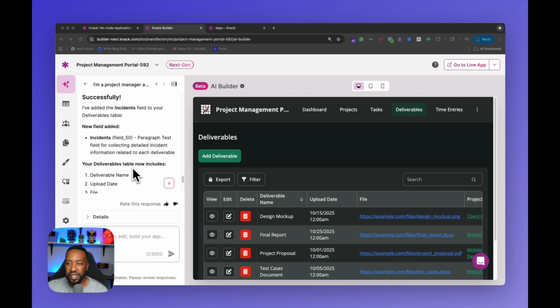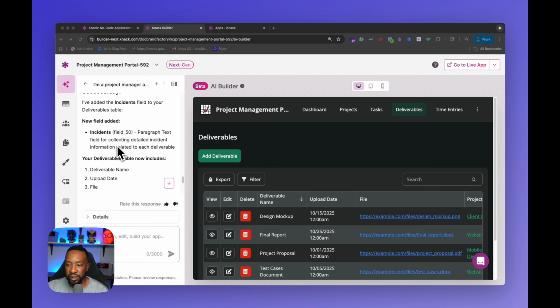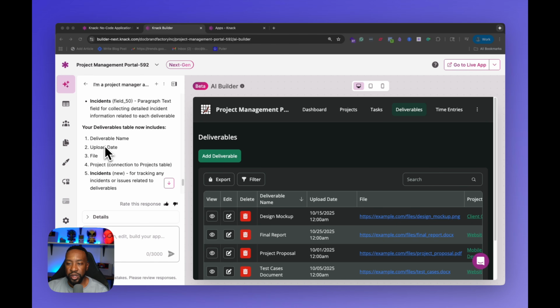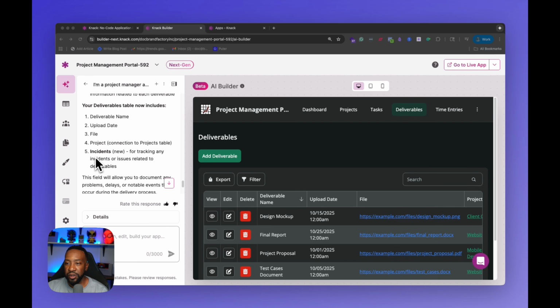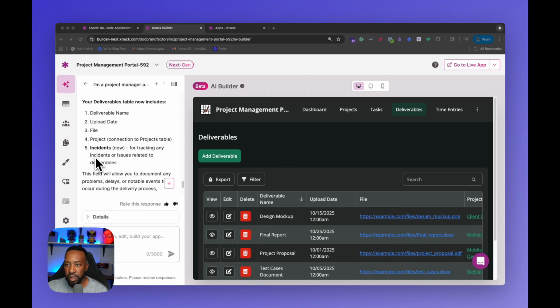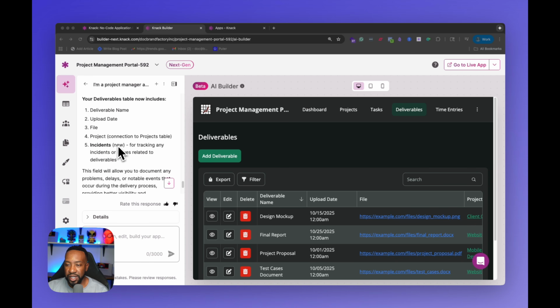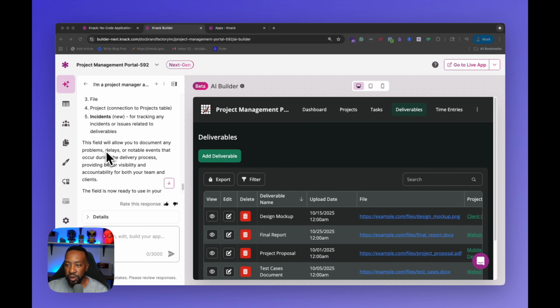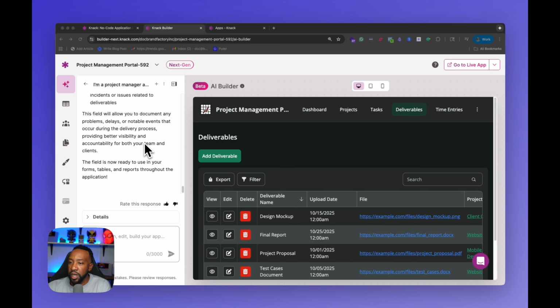So right here it's saying success. It added the field. So now with the table, we now have another field here. It mentions in the table, it has incidents. That's new. This field will allow you to document any problems. Okay, now it says the field is now ready to use in the form, tables, and reports throughout the application. Okay, so let's see if it added it visually right here, right? So it has already done it